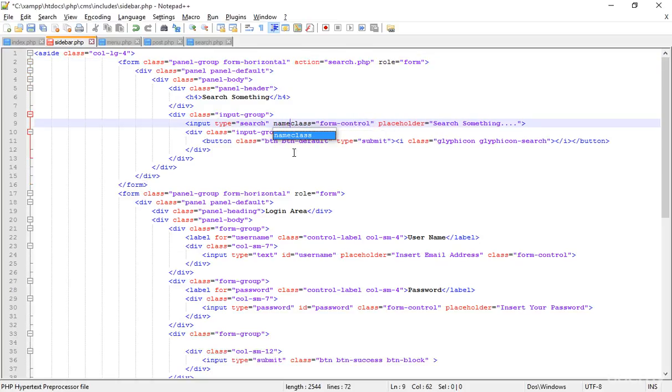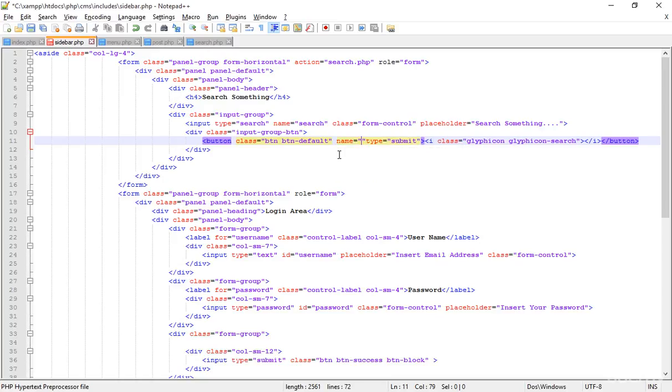I just have to create the name with this, and the name should be search. Okay, I selected the name search for the search field. Perfect. Now I have to add a name to the button as well, which should be search